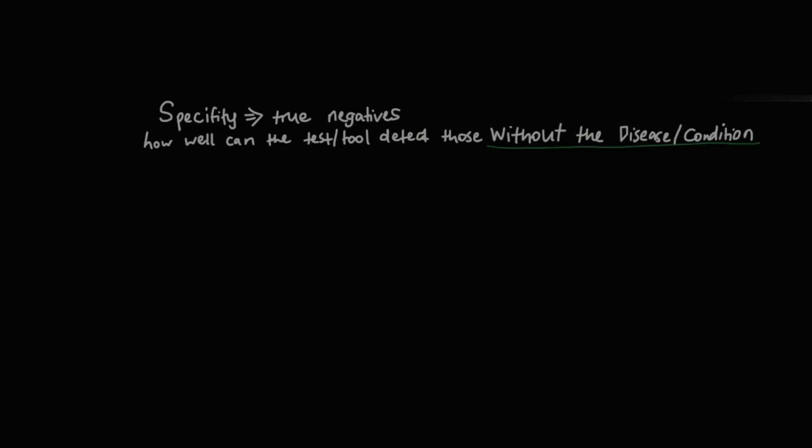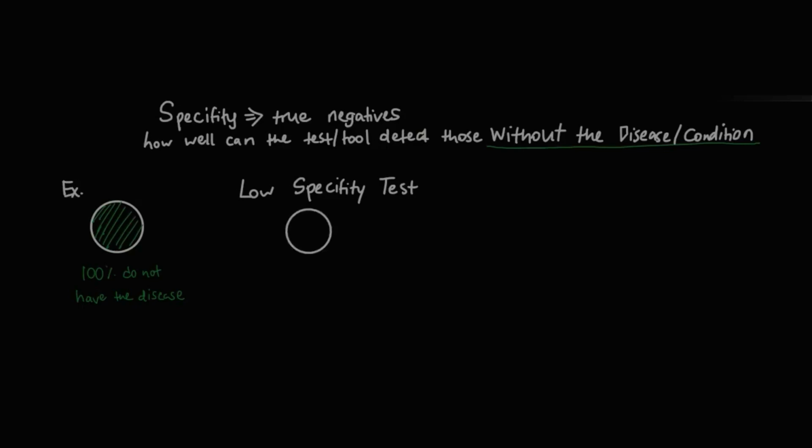So let's say you have 100 people. All 100 people do not have the flu. And so you create a test to detect whether or not a person has the flu. If your test isn't very specific, what's going to happen is you're going to get a small number of people that test negative. So let's say of the 100 people that you gave the test to, 50 get the results back as negative. Our specificity is going to be 50% because